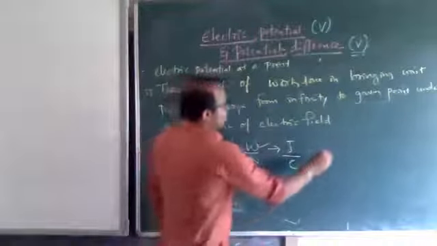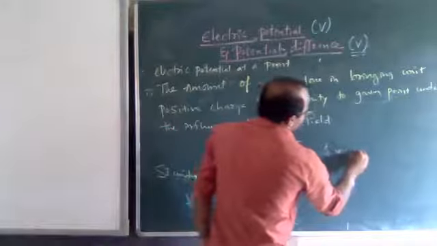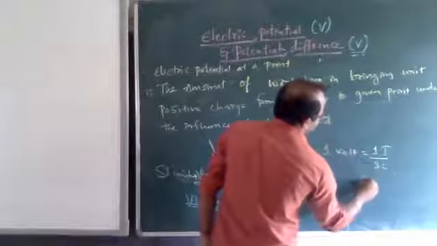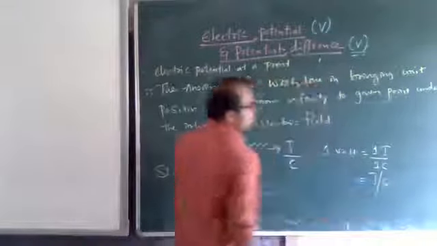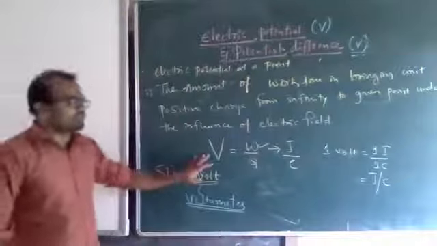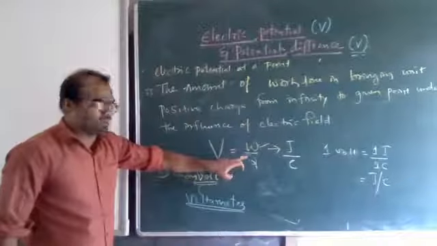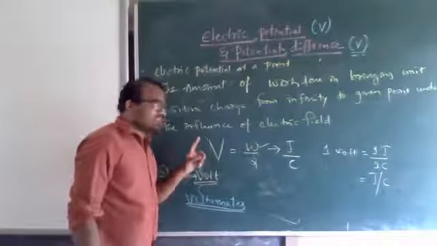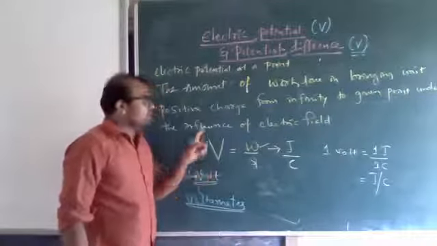So 1 volt is equal to 1 joule per 1 coulomb. That we can say joule per coulomb, right? So when potential difference is said to be 1 volt, if both are 1, how to define that? Potential difference is said to be 1 volt if